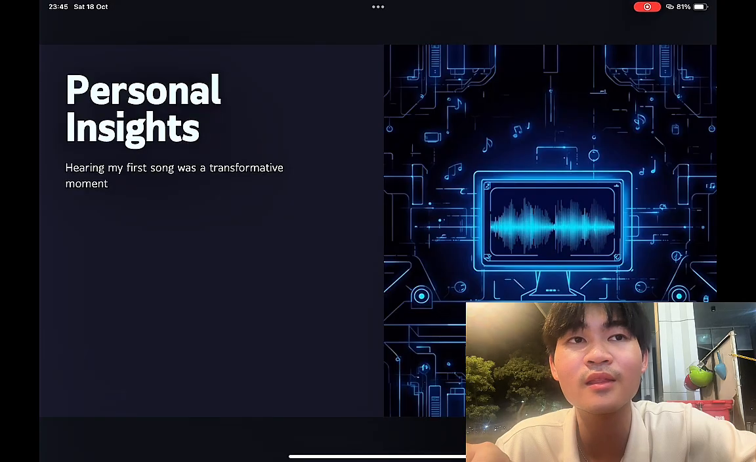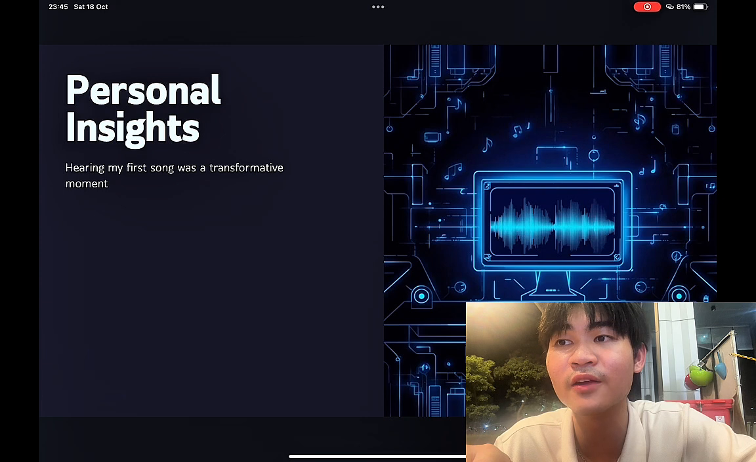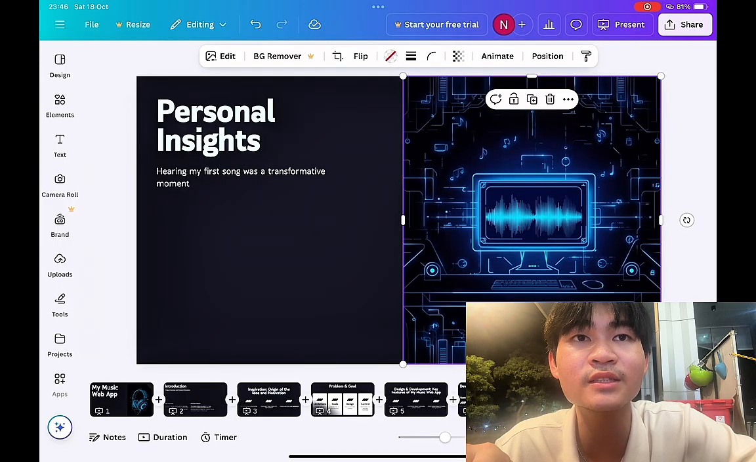By building this, we learned how technology can empower creativity and connect people through sound. For the real world application, this project can actually be used in different contexts. For example, it could serve as a personal music diary for songwriters, a classroom tool for teachers,